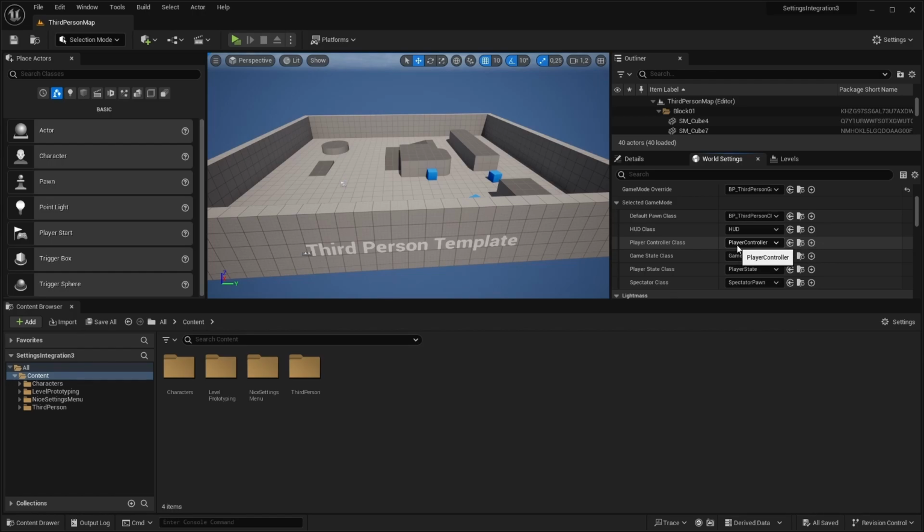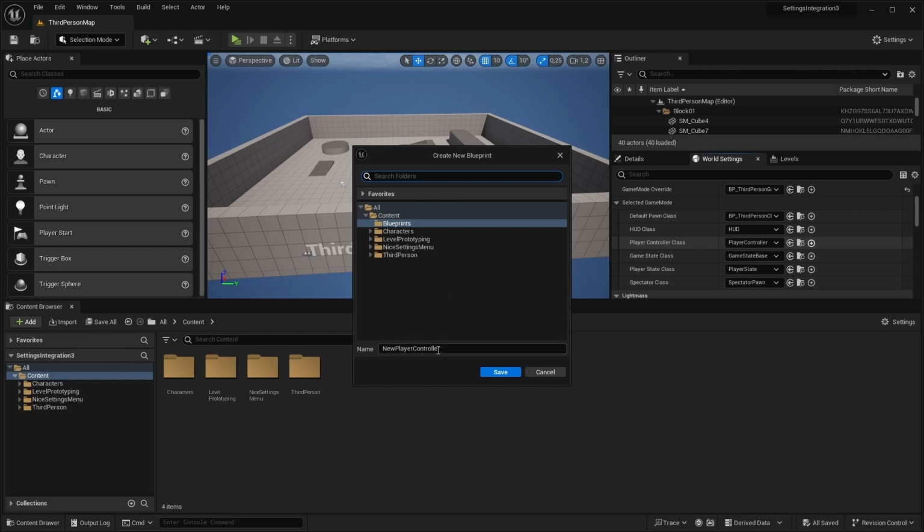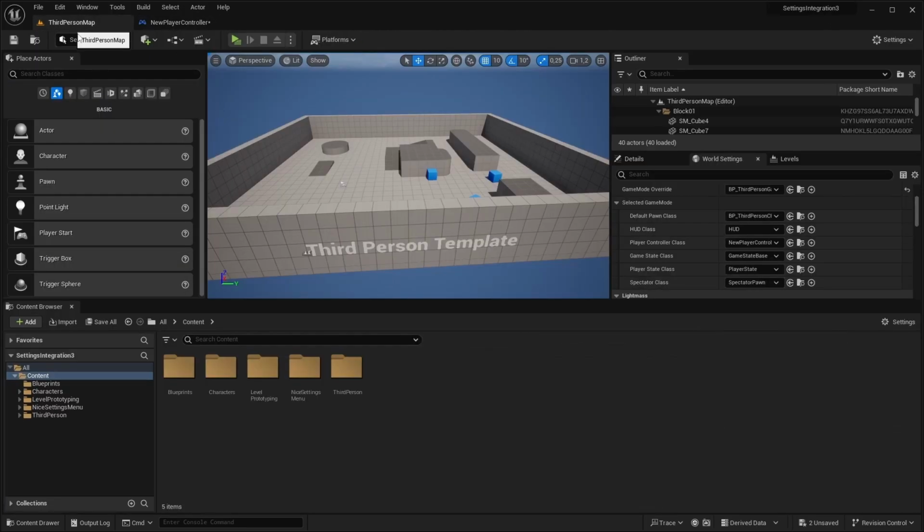If not, as I have it here now, then you need to create a new one. I will just leave it for this tutorial at this new player controller as a name, and check back here that it is selected. If you cannot select anything here, then you also need to create a new game mode before. Going to this player controller,